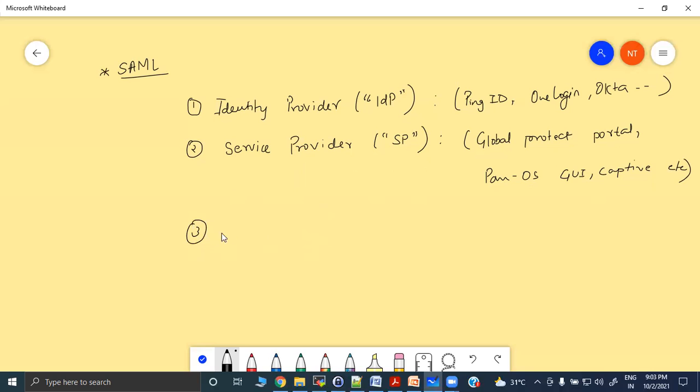Then we have the SAML request/SAML response. It is the XML encoded messages between the service provider and the identity provider, right? Your service provider is going to make the request, and then you're going to receive the response in XML encoded messages. Then we have SAML bindings,